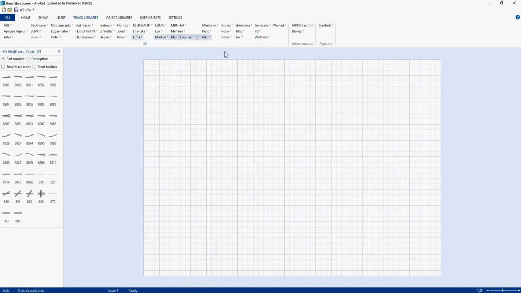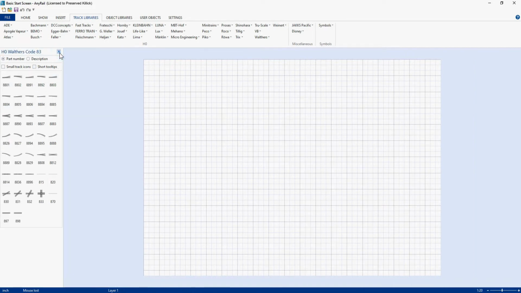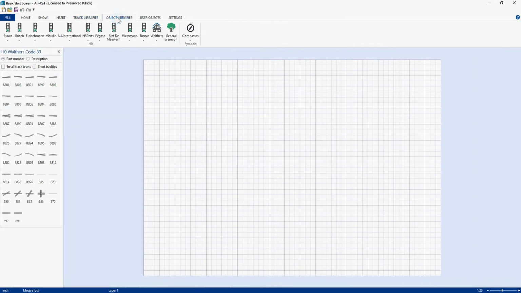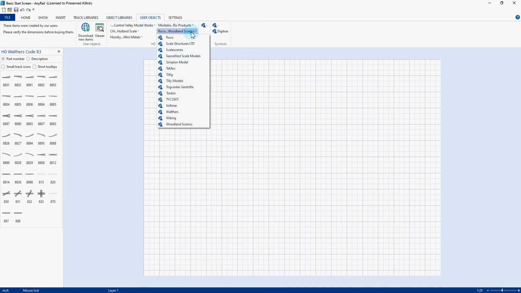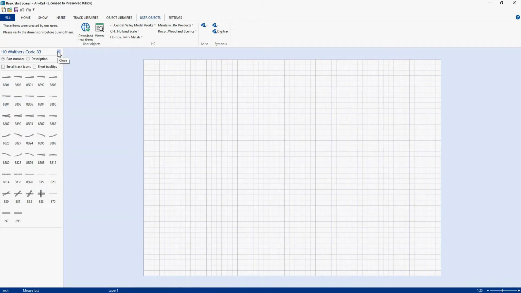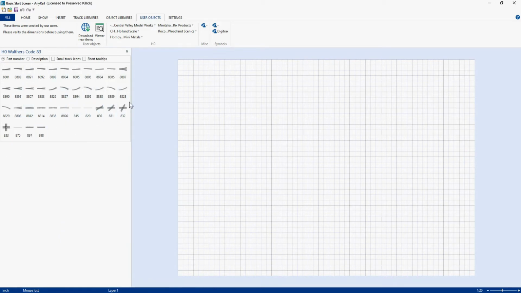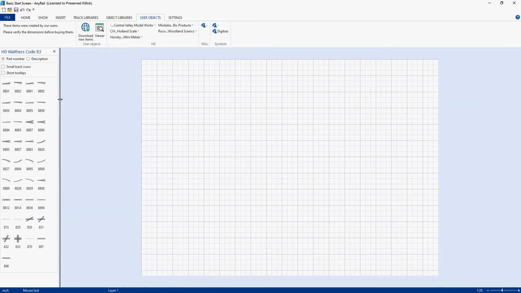If I want more than one library up, I can come over here. I can say Microengineering, Code 83. Now I have them both. To get rid of that, just hit the X. Or I could put up a library with buildings. So I selected the Woodland Scenics there. So there are all the Woodland Scenics buildings that have been designed. But for right now, let's just leave the track library up. If there are a lot of items in a library, you can resize it. Just come over here, grab it like that, pull it out, and it will resize it. Pretty much I like to keep it so it's showing 5